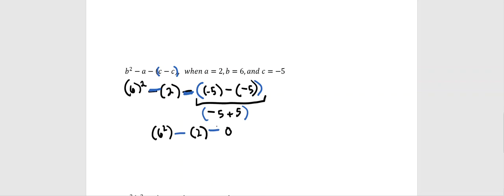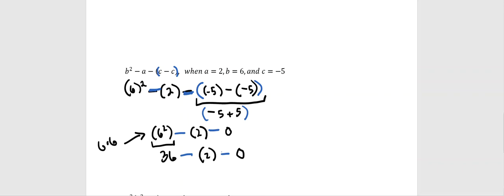And now we can move on with continuing with the order of operations. We did our parentheses. Are there exponents? Yeah, we do have exponents. We have the 6 squared. So don't forget, 6 squared is not 6 times 2. 6 squared is 6 times 6, right? So that's 6 times 6, just as a reminder. So that's 36 minus 2. And if you want to write minus 0, because we know that 0 trickled down from the earlier parentheses,